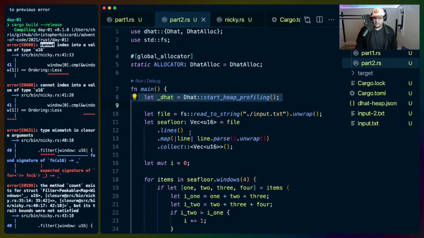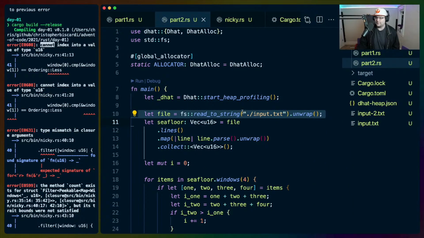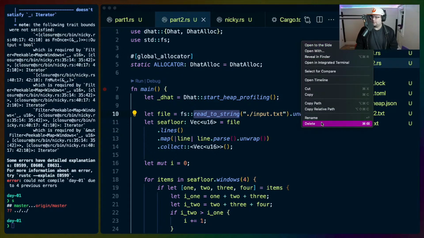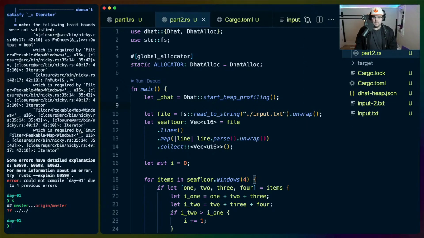So if I look at part 2 and I look at line 10, this is all basically the FS registering. So let me get rid of Nikki's solution so I don't commit their code.